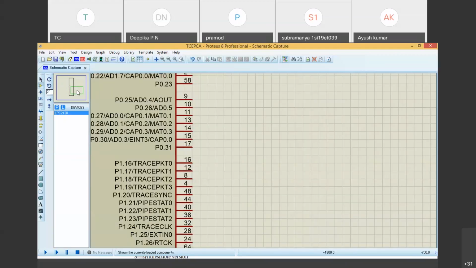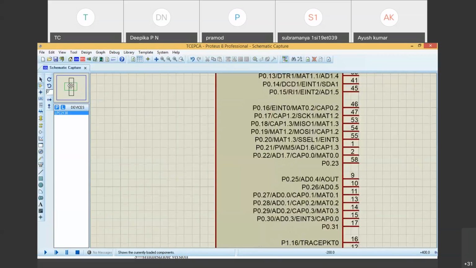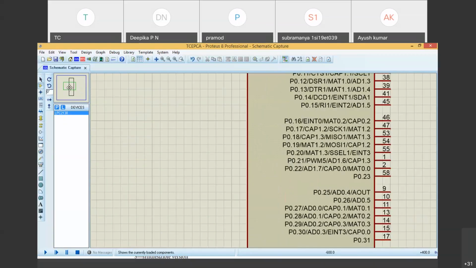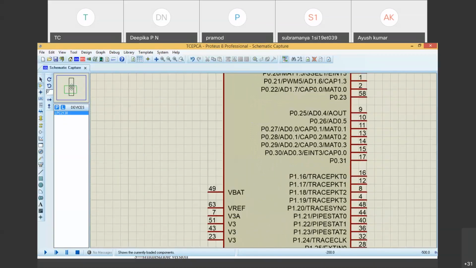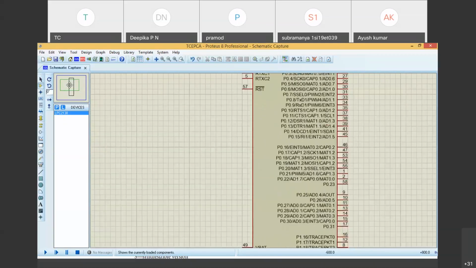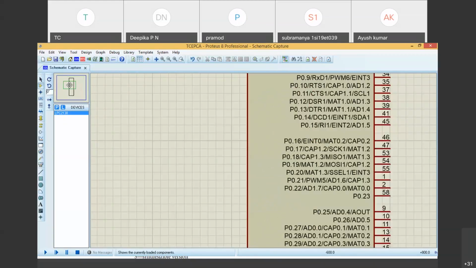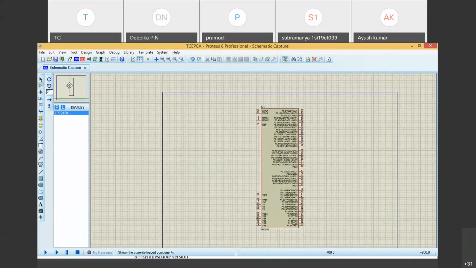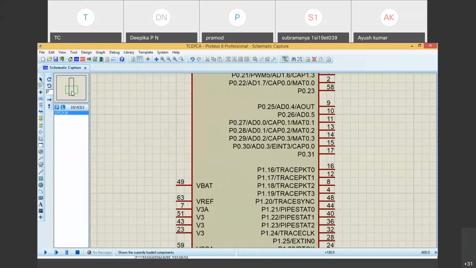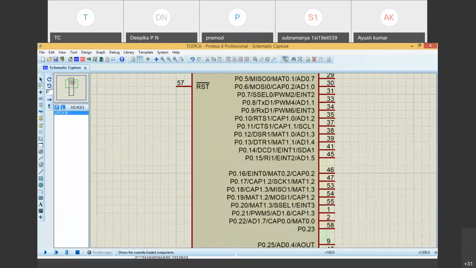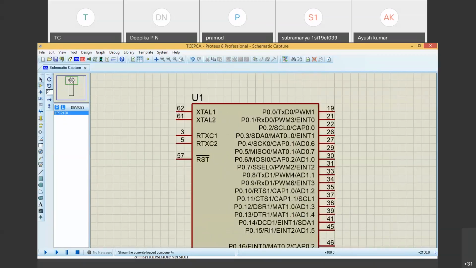How am I doing this? I just keep the cursor on this box and use the middle wheel of the mouse so that it becomes larger or smaller. Wherever I move now, the green box goes there. Go there, click there, so that I'll stop there.